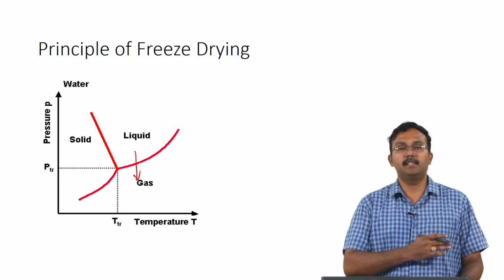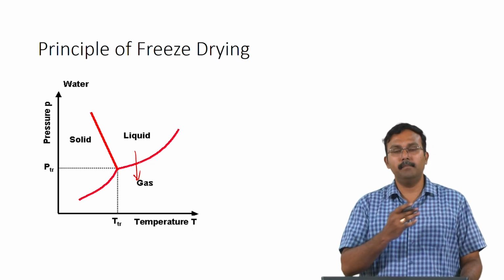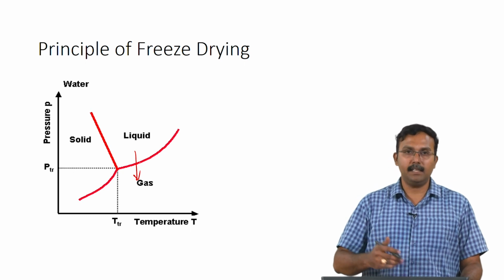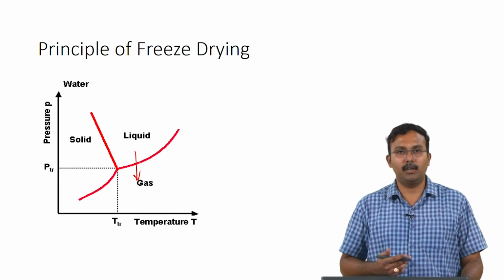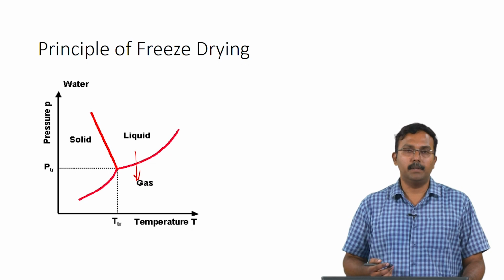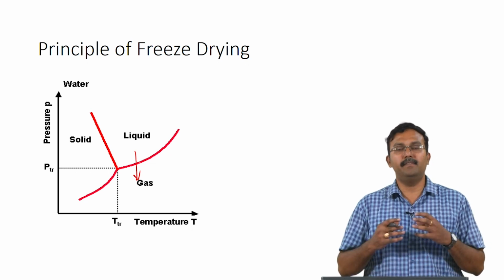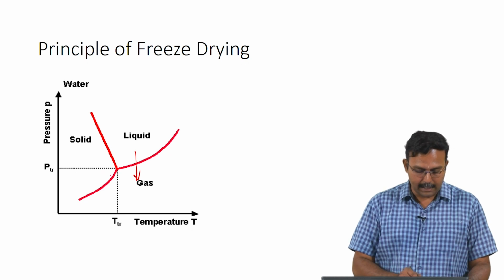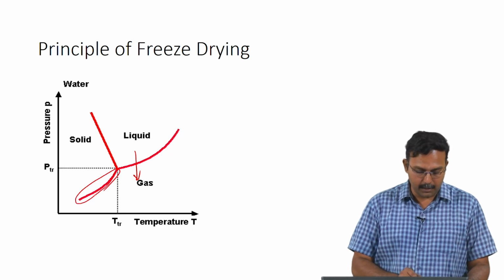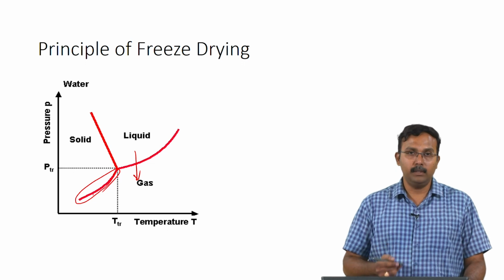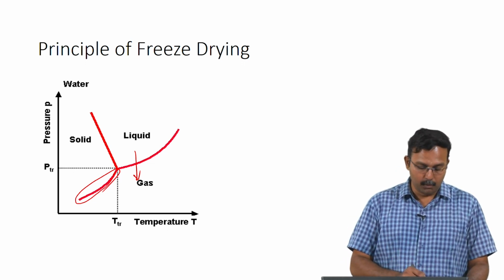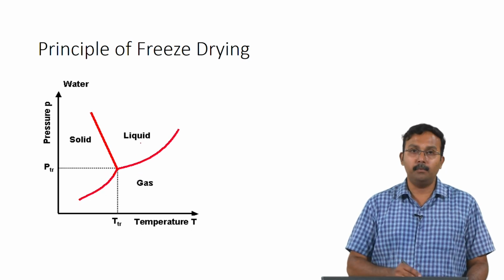So, it does not first actually melt to form water and then get evaporated. Instead, these ice crystals directly sublimate to form water vapor. So, how is this accomplished? This is done because at very low pressures, in this region where you see the gas solid equilibrium curve here, if you have conditions where solid can move to gas under these pressures, then you would end up with